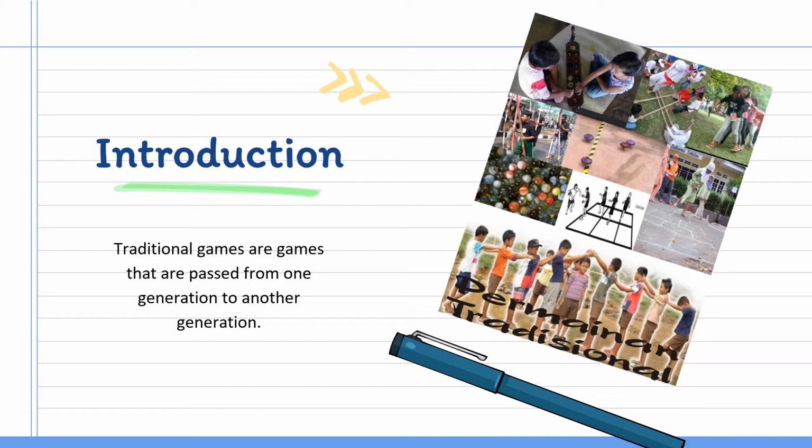Then you also play the same game. Traditional games ni adalah permainan tradisional yang dimainkan oleh generasi sebelum anda. Sebelum awak main, mungkin ibu bapa awak dah pernah main ataupun atuk nenek awak pernah main. These are some examples of traditional games like congkak, galah panjang, guli, gasing, and so on.